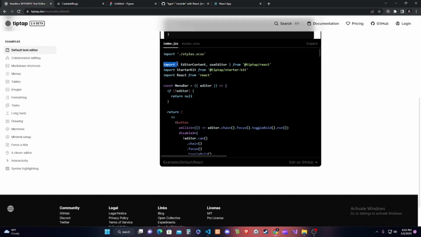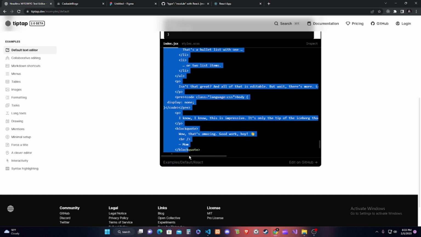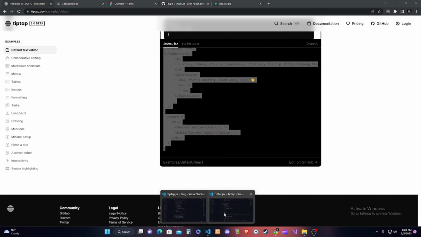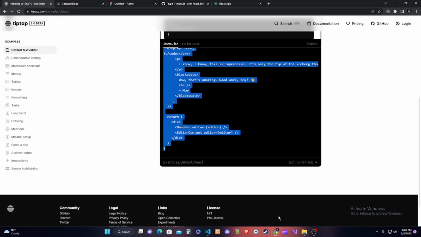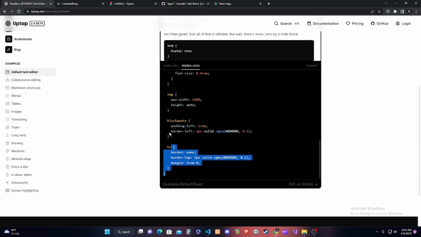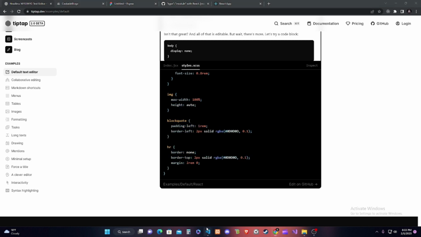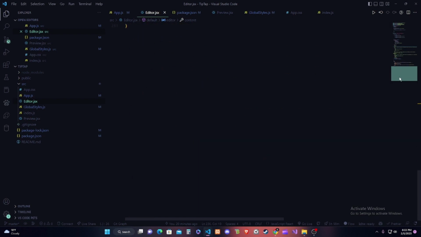What you want to do is go over to TipTap.dev examples default, and this is pretty much going to help us get a head start, right? You want to just copy all of this. You want to come in here into this component and pretty much just copy and paste, right? That's what you want to do. And then, like I said, if you're using styles.css, just copy this, create that file. If you're following along, instead what you want to do is,